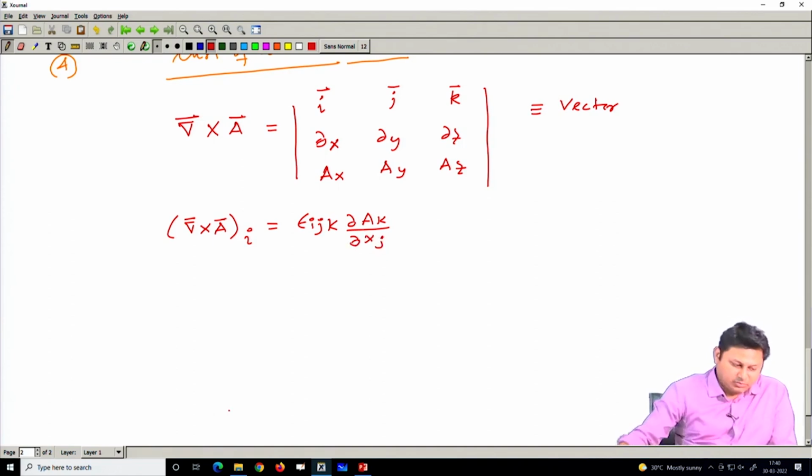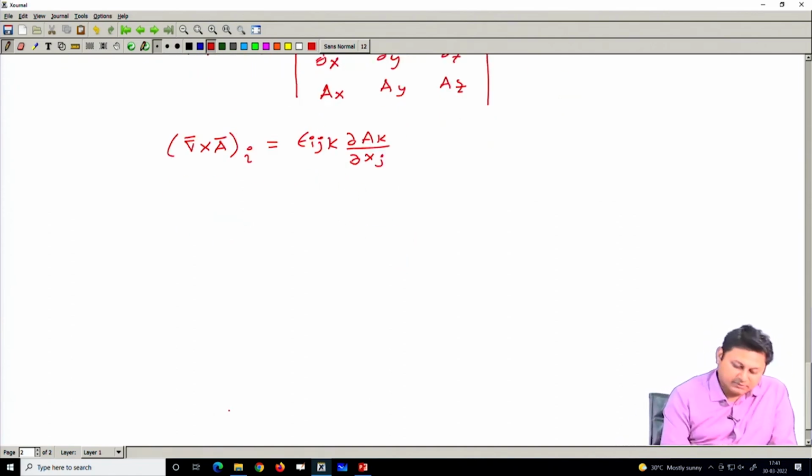So, that is the way we can define it. The x component, if I want to find out the x component, simply gives us